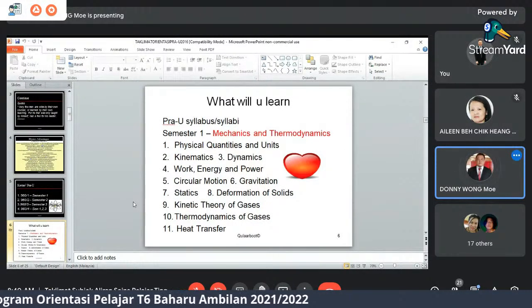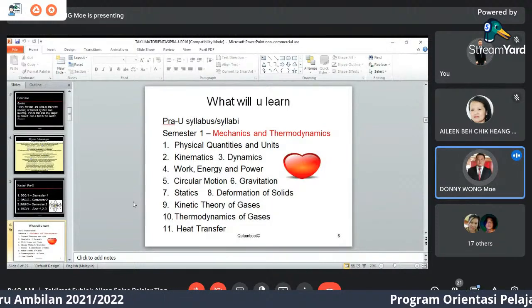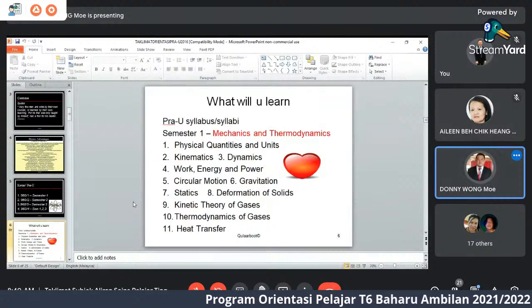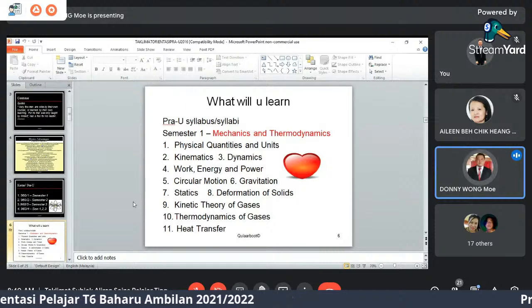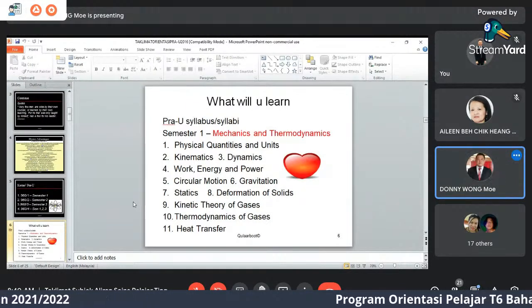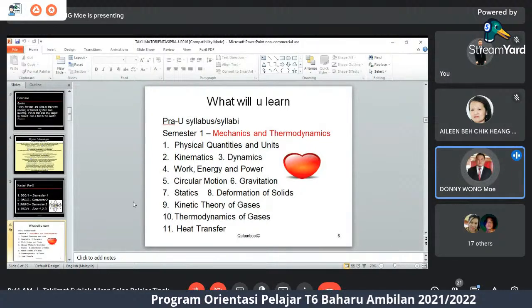But this is the most important part in the introductions of physics, because the quantities and units are very important in your writing exams. Even if you have the correct process, but your units and your quantities are wrong in physics, then you will not get the desired marks. So in chapter 2,